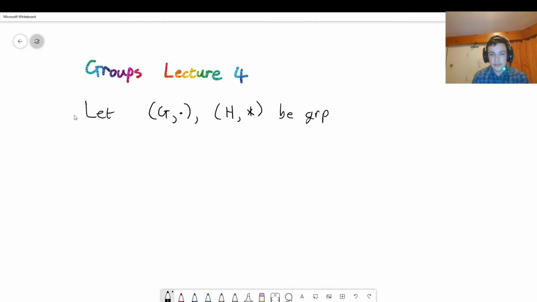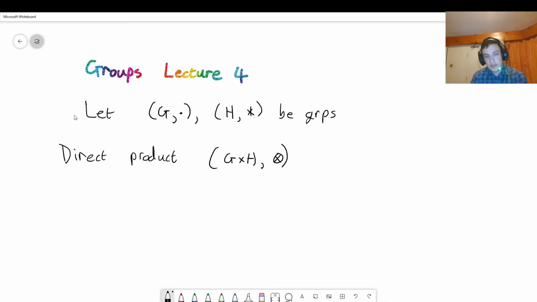Then we can define the direct product, usually written G × H, and we'll use the tensor product symbol for that, as the group of ordered pairs,